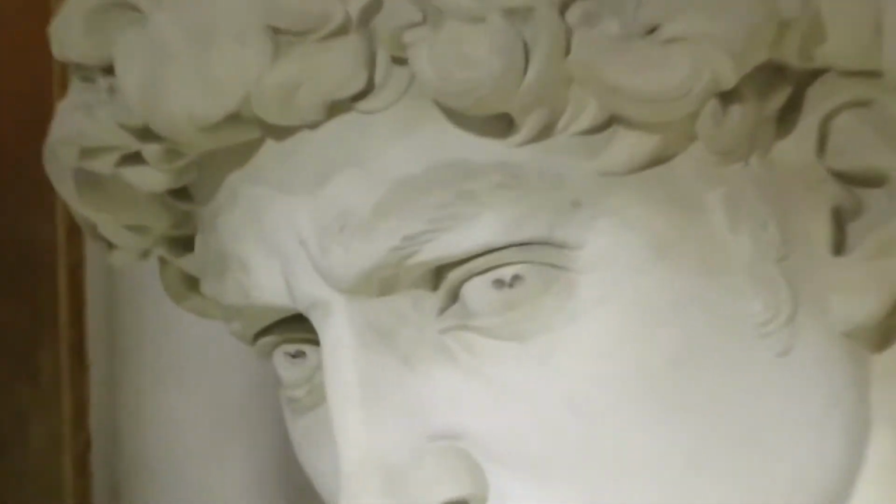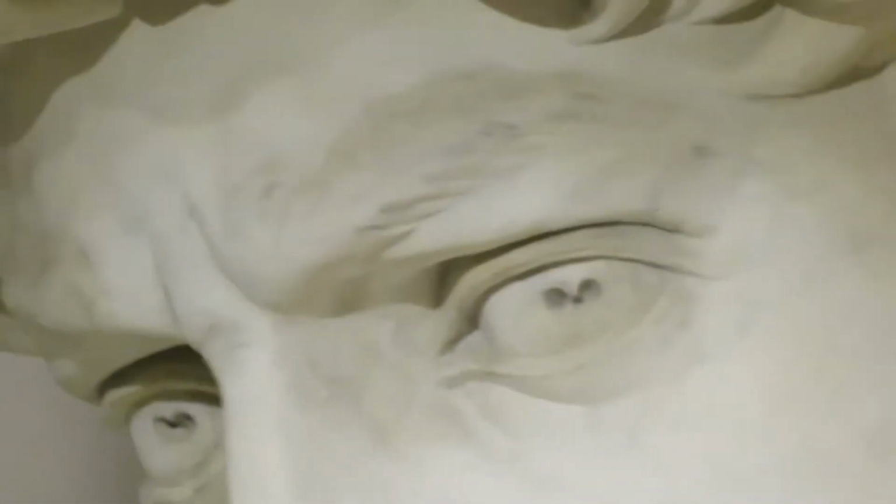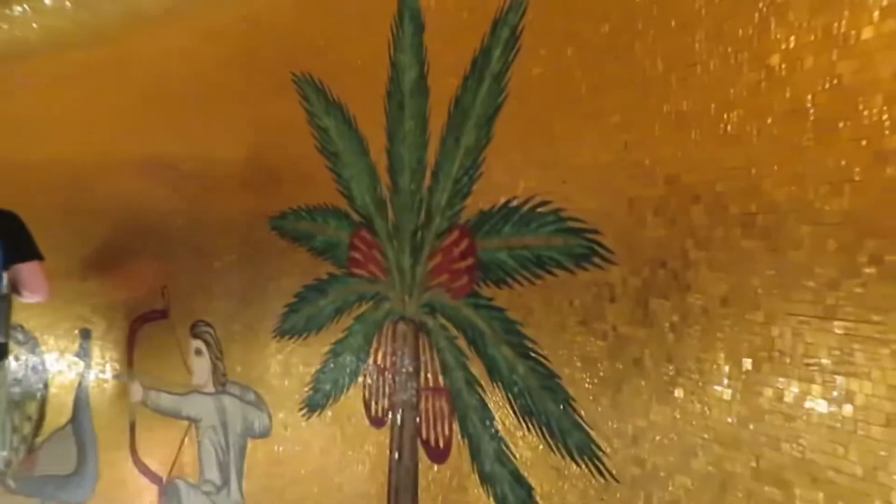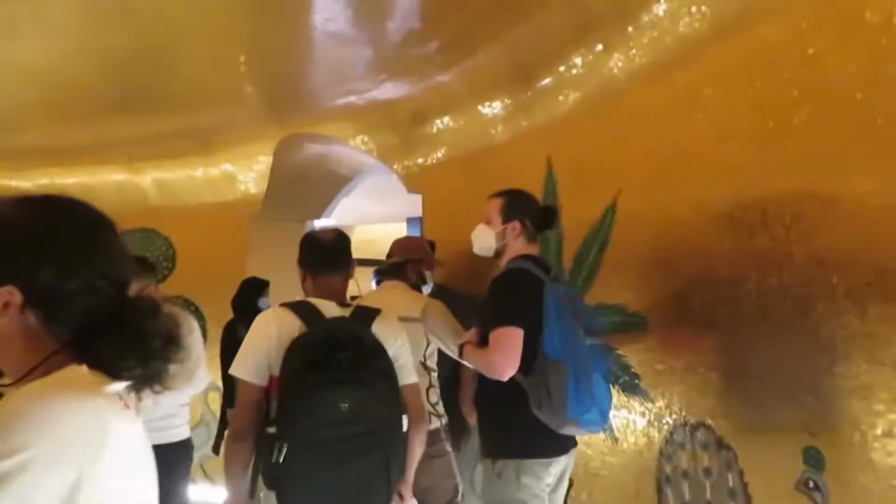Also we are in a really special space because all around us there are 2.5 million of mosaics. This is covered with gold leaf. This is the King Roger's room in the Norman's Palace in Palermo. And also you can find different mirrors like this one that help you look at the ceiling, which is the